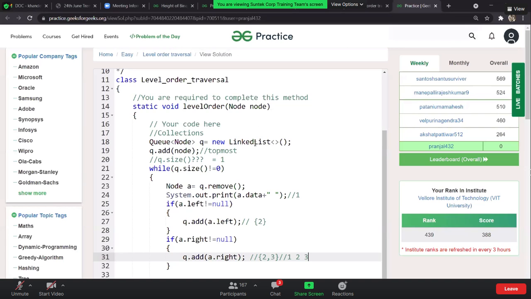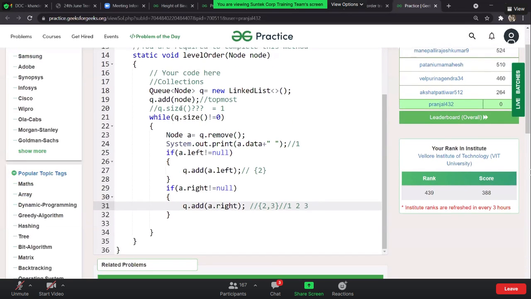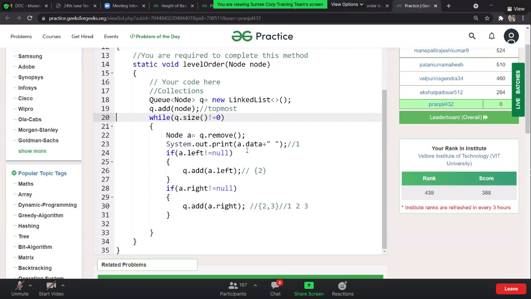So first we'd be having 10, right? So let's say we started from here. The Q we have created, initially it was an empty queue. What is the topmost element I need to add? Right, 10. Perfect, so we added 10. What is the size I have? Size is equal to 1, which is not equal to 0. What I have removed is 10 from the queue.